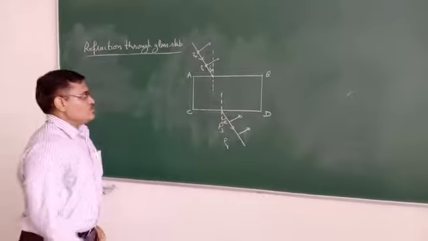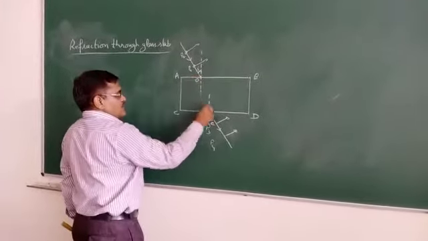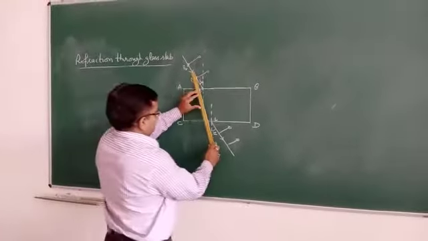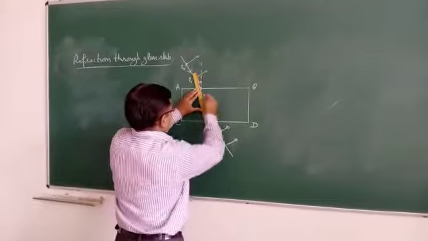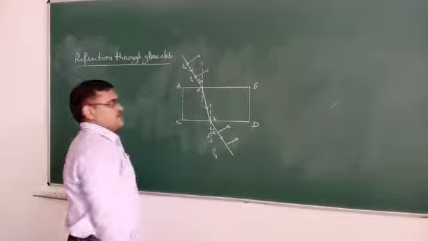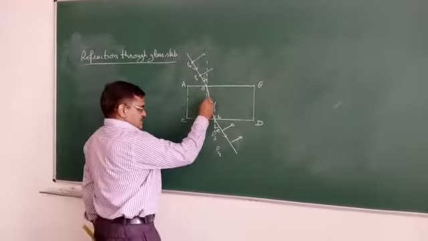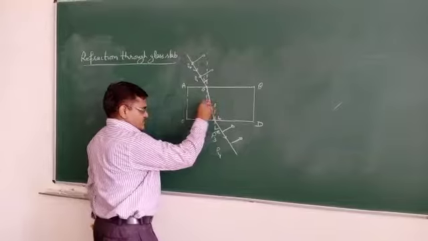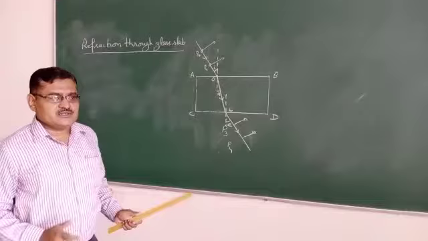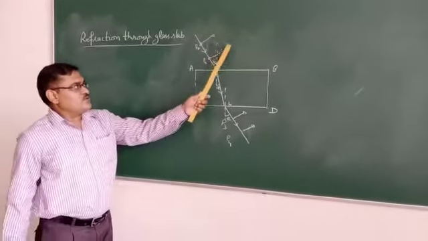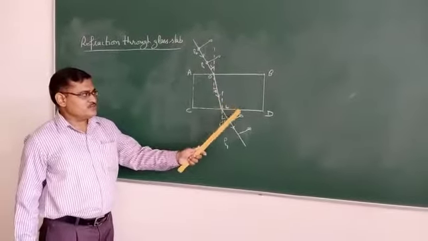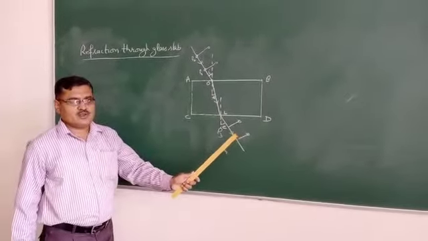Now what you have to do, if this point is O and this point is L, you have to join these 2 points, and I am getting a line like this. This is the refracted ray and this angle is the angle of refraction. Is it okay? So what happens in a glass slab? Refraction is occurring 2 times. First time the light ray is moving from rarer to denser medium, it bends towards the normal. Second time the light ray is moving from denser to rarer medium, it bends away from the normal.